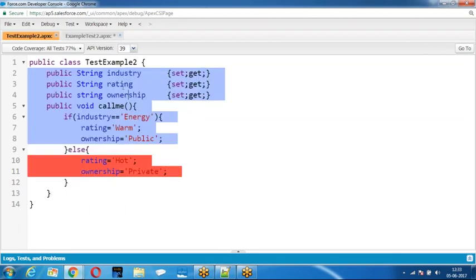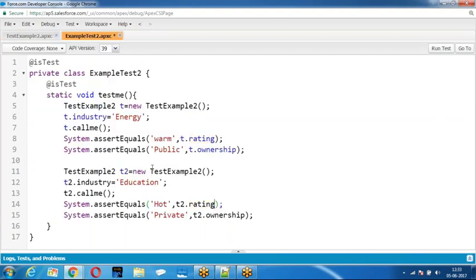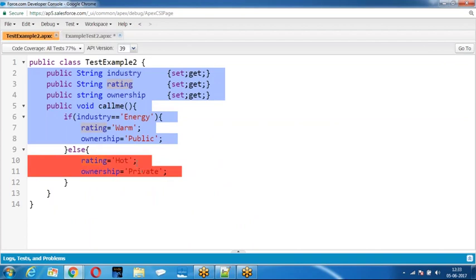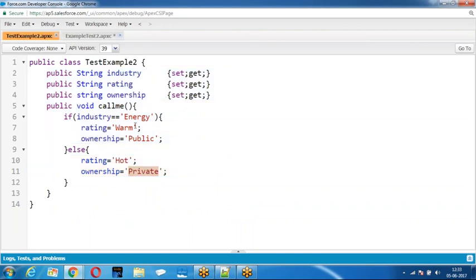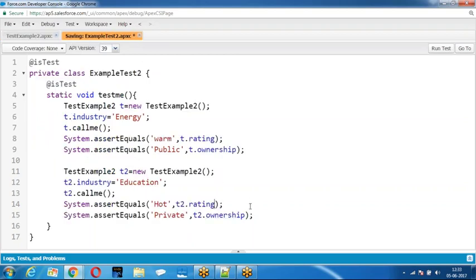Let me check out rating. Now sometimes it will not be refreshed. You have made it, but the things are not refreshed. You saved it, but sometimes the code will take time to refresh. Then rating equal to hot and ownership equal to private.